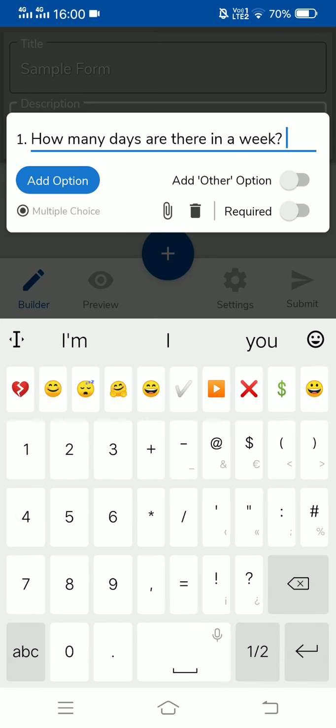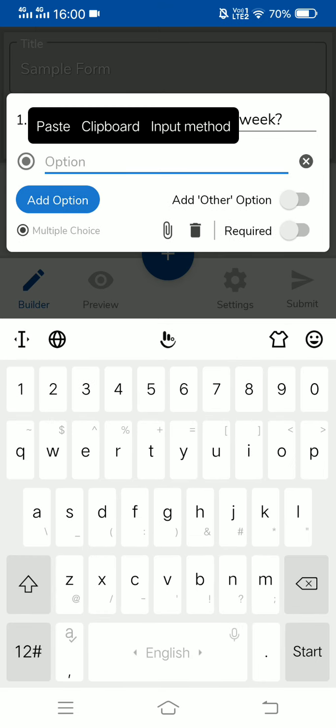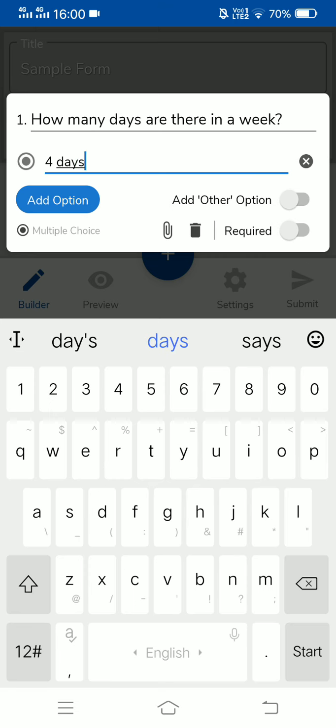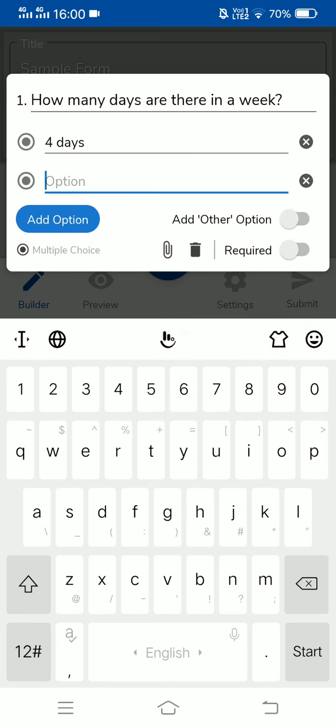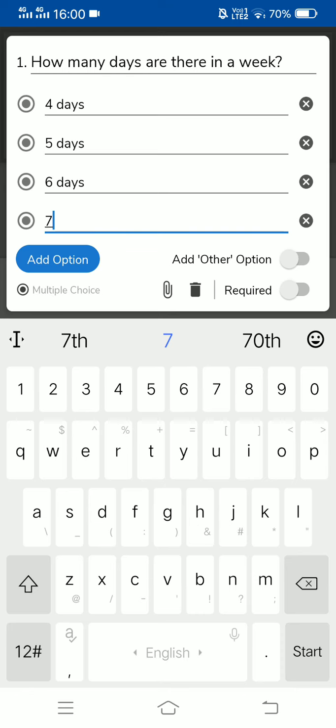So once you finish writing your question, in this blue color background you are getting add option. So here you may give options: 4 days, again 5 days, add option, 6 days, 7 days.